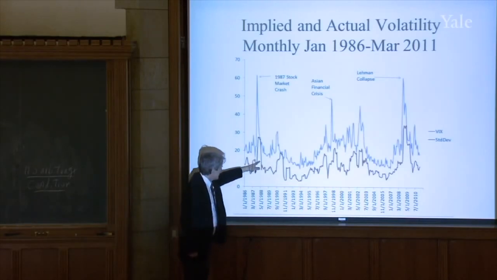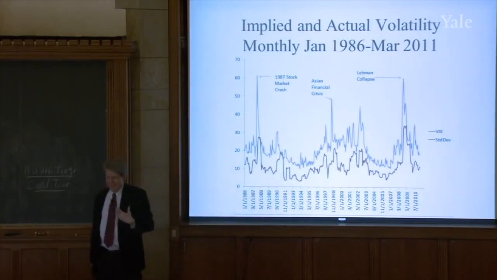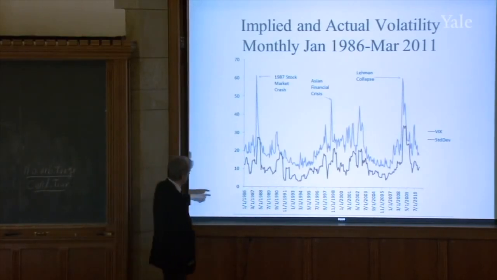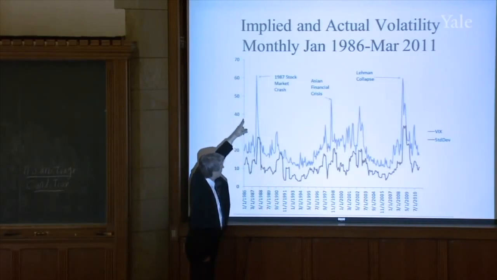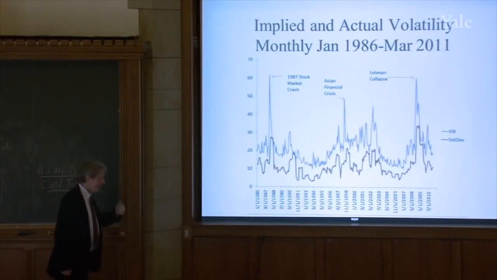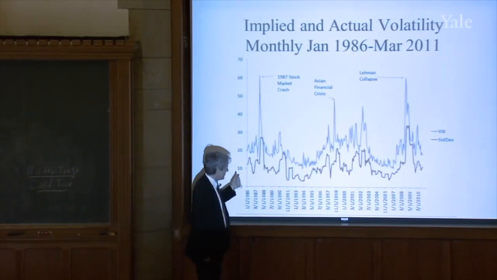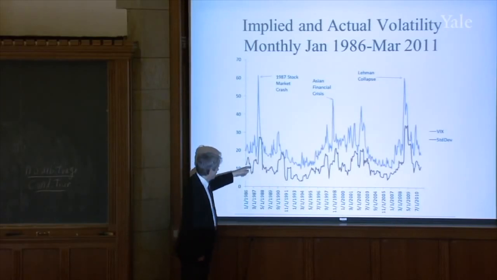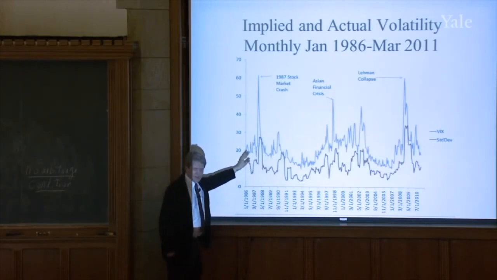My actual volatility, now this is, I calculated this for each date as the volatility of the market over the preceding year. Well, since I put October 1987 in my formula, I got a jump up in actual volatility, but not as big as the options market did. So the option market is looking ahead, and I have no way to look ahead other than to look at the options market. So to get my actual volatility, I was obliged to look at volatility in the past. And it went up because of the 1987 volatility, but not so much.